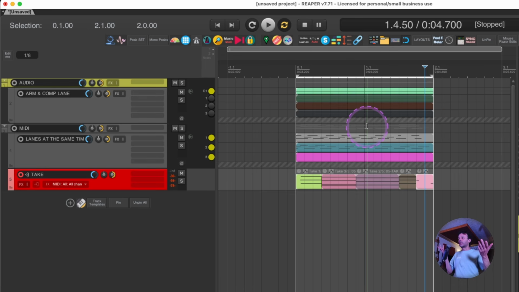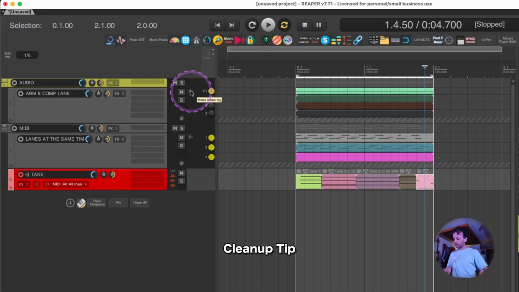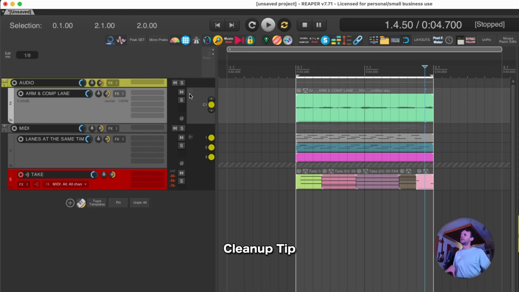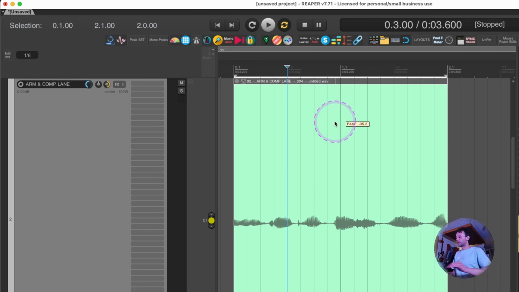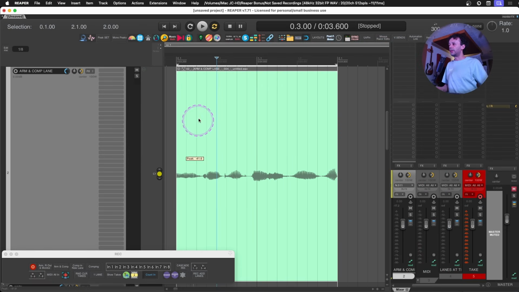To start cleaning everything up, you might also want to know that if you hold Shift and you click this really small arrow, you will only see the comped lane, right? You can also start zooming in to here, and from there, if you start splitting for whatever reason and you